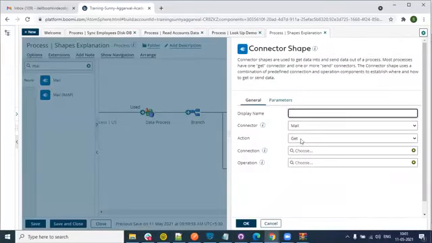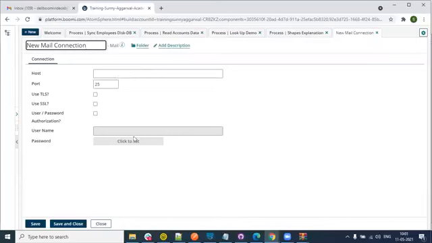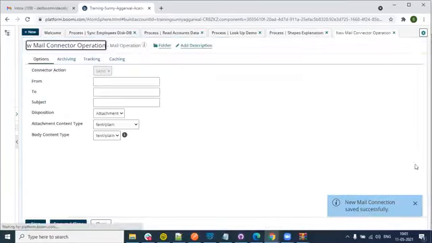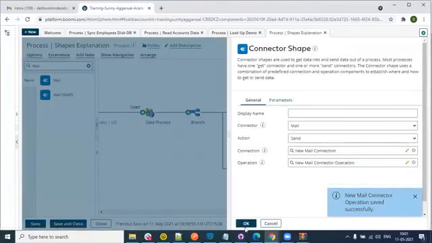Okay, so the action is get or send. Right now we want to send. Here you have to give the connection details, and then you have an operation. I have not configured anything yet. I have just said